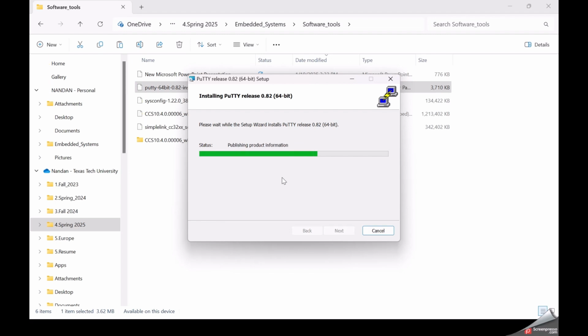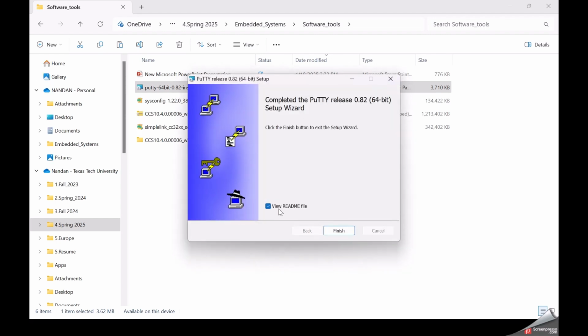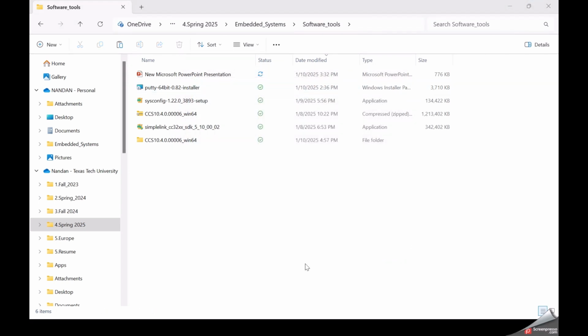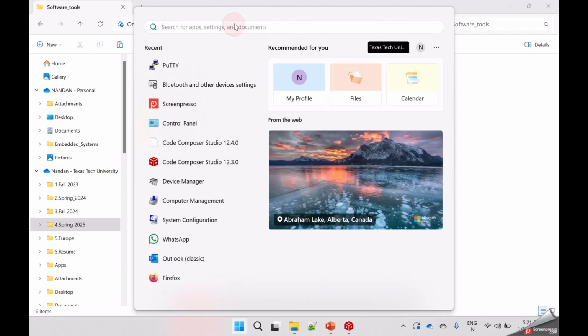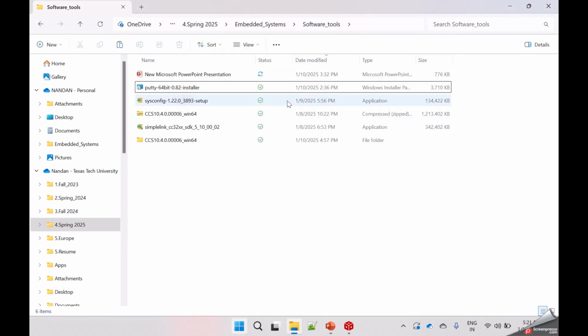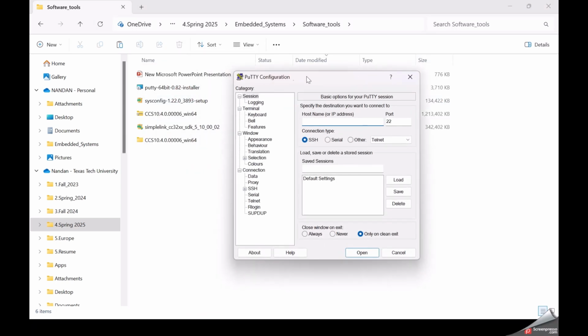Yes, I don't know, this readme file, finish. I have just completed installing PuTTY. Let's open PuTTY now on my computer. So Windows, PuTTY, this. So if you see here, there is a new session created, and then you have to figure out which